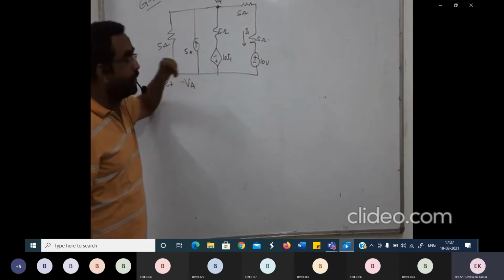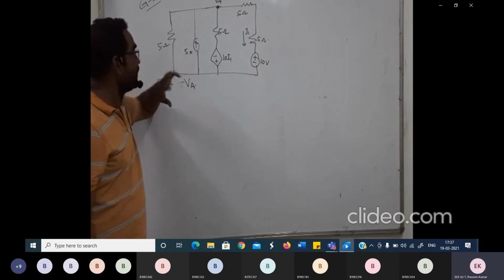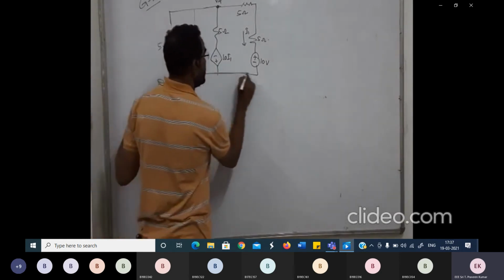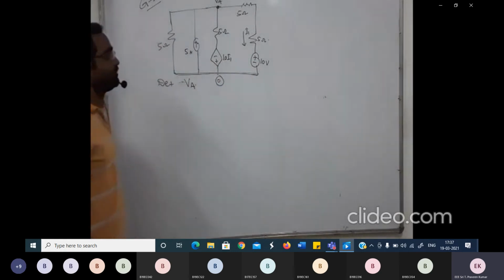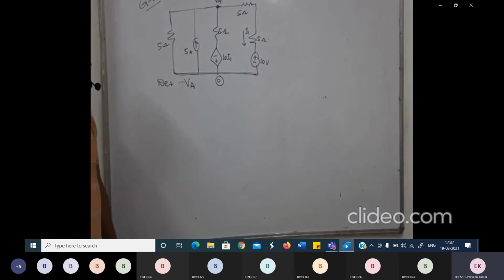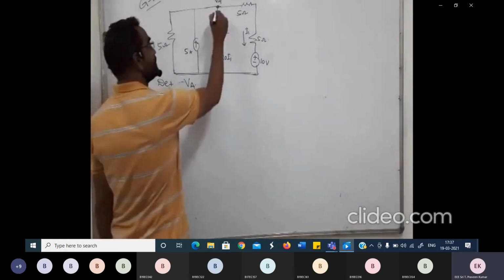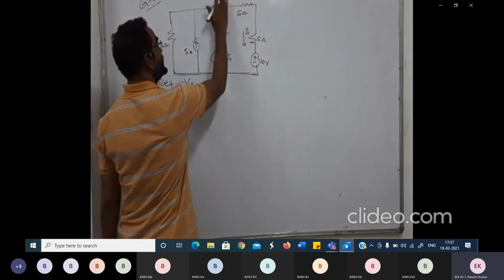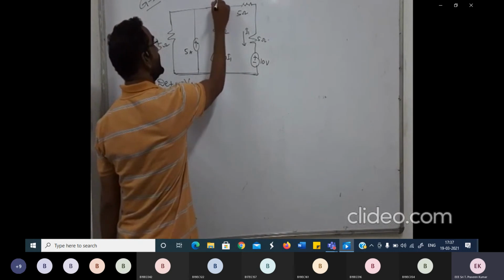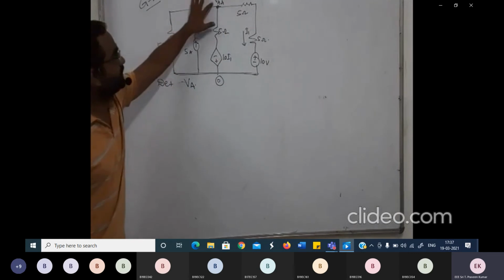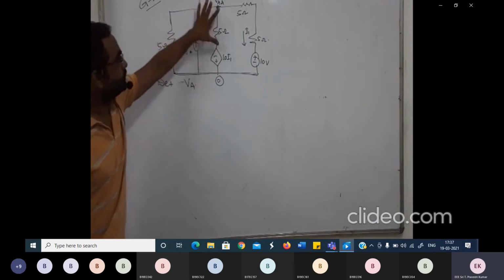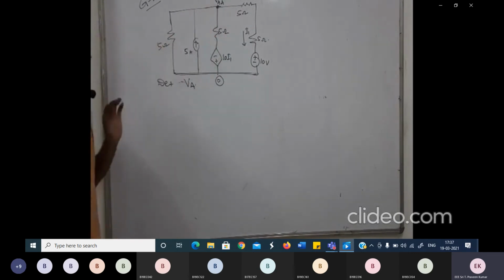Current controlled voltage source. Now first thing what I told you is like, see how many number of nodes are there. Now this is one node. I will take this as reference node. Now already it is mentioned in the problem. This is your node A, and the voltage across this node is VA. The question asked is to calculate the voltage between these two, node A and 0, nothing but VA.